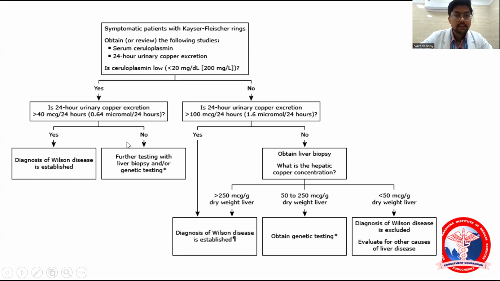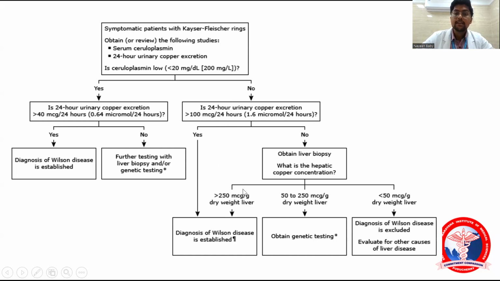But if it is less than that, then you will need to do further testing by liver biopsy or genetic testing. Here again, we go into a patient where the ceruloplasmin is not low. I told you with a KF ring, the cutoff is less than 20, so here it's not less than 20. So again, you check the 24-hour urinary copper. Because ceruloplasmin is not low, we need a higher cutoff for 24-hour urinary copper, and we see if it is more than 100 micrograms per 24 hours. If it is, again, we diagnose a case of Wilson's disease. If the patient's 24-hour urinary copper is less than 100 micrograms per 24 hours,